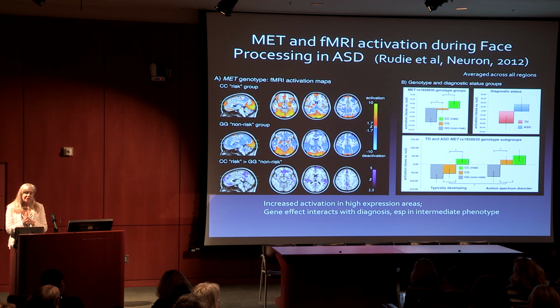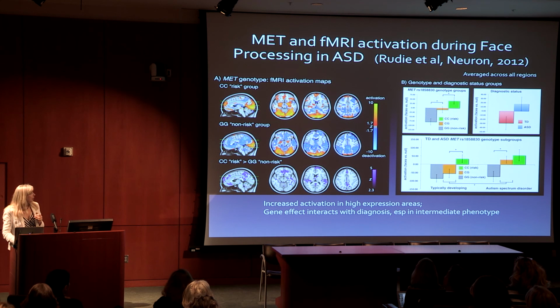And this is a study that was done by one of Marilla DePretta's graduate students, Jeff Rudy, looking at differences in brain activation in response to looking at faces, and faces bearing different emotional expressions, as a function of genetic status. So now we're going to separate the effects of autism from the effects of genetic risk. And in these pictures here on the left, these are not differences in autism versus typically developing kids. These are just differences in genetic risk, regardless of diagnosis.